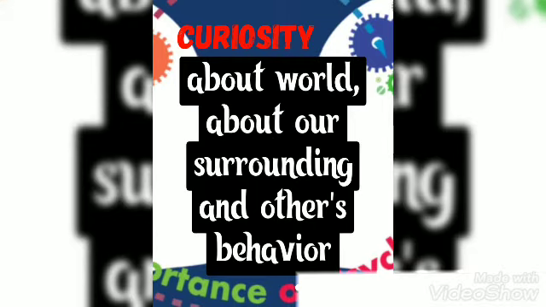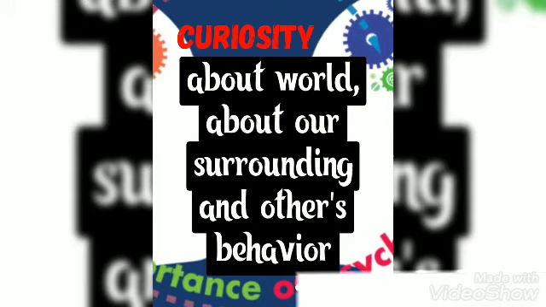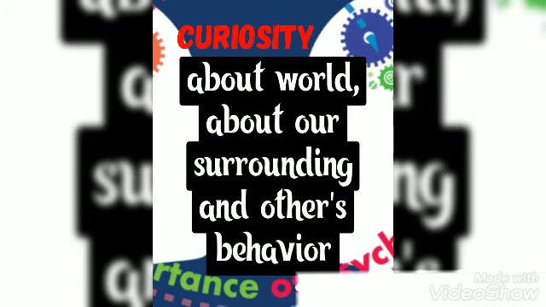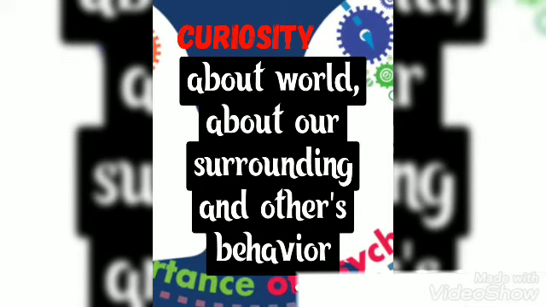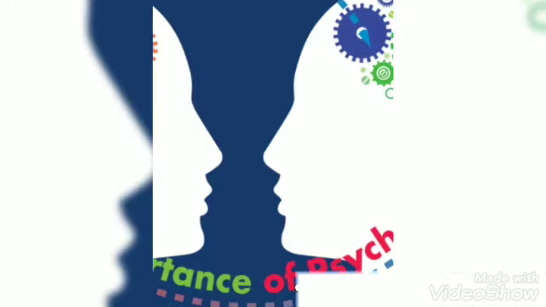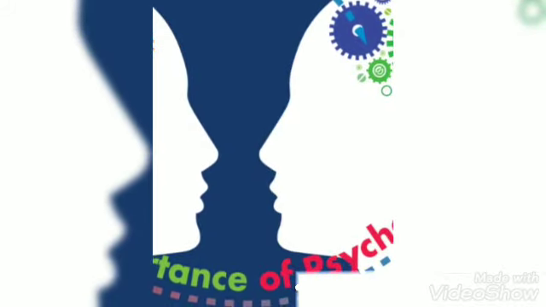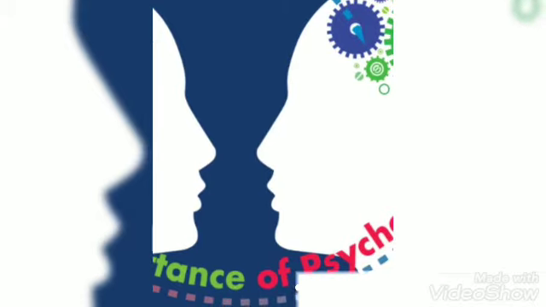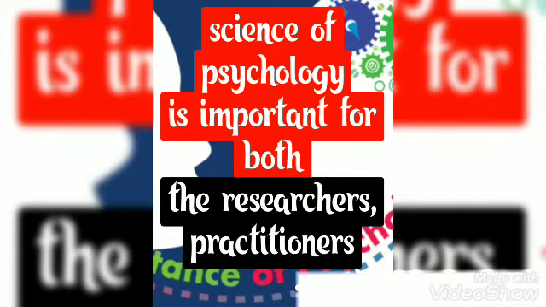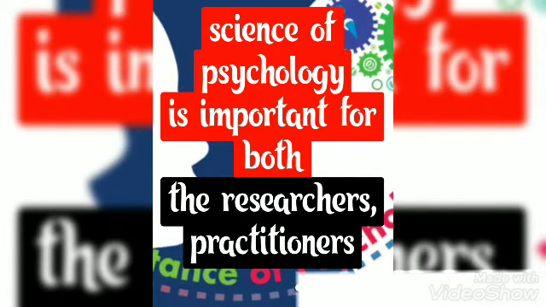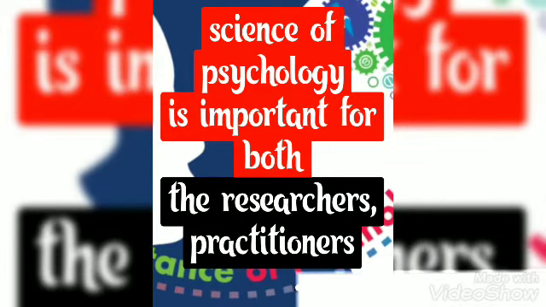Okay, all right. I hope you're understanding the topic and the point I'm talking about. So when we have collected the knowledge about what's happening, we can use this knowledge to recognize our own behavior as well as that of others. This helps us a lot in the field of psychology. So here I would like to emphasize this point: the science of psychology is very important for both categories, for researchers and for practitioners.